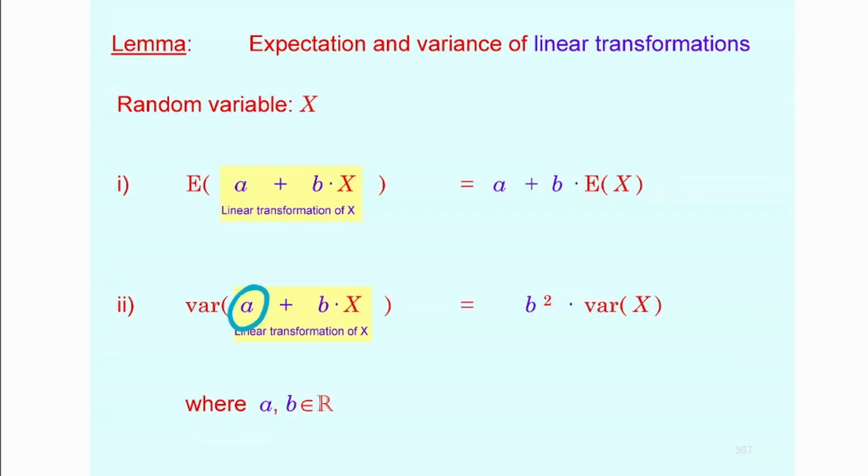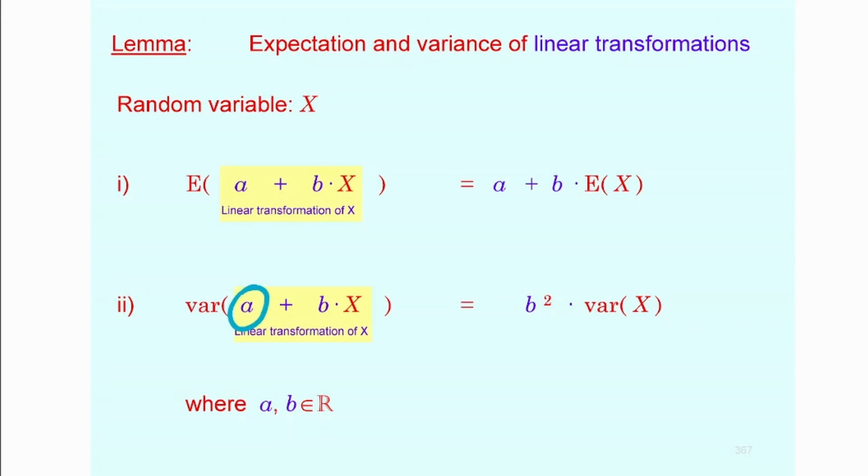I mean, of course, you could prove it relatively easily, but the intuition behind it is this. If you increase every realization of the random variable by a, let's say, then the mean is going to be increased also by a, and the distance between the new mean and the new realization will stay the same. So it's not going to change, okay? If everybody increases their income by, say, 50,000, then the distance between your new income and the new average income will be the same. And that's why it doesn't depend on the additive constant.